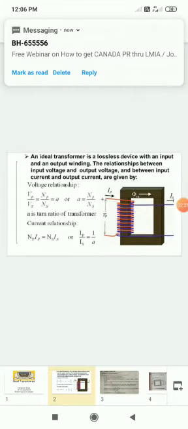So generally, this comes out to be 1, because in the case of an ideal transformer there is no loss, and k or the transformation ratio comes out to be approximately equal to 1. And by this, we come to know that np upon ns is equal to is upon ip, where is is the current in the secondary coil, and ip is the current in the primary coil. From here you can draw the relations.